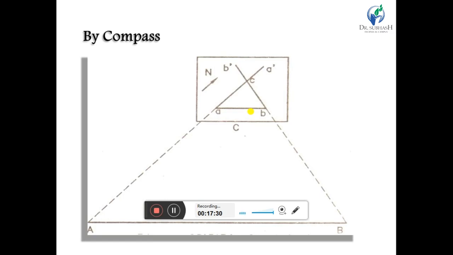First, we have to loosen our clamp screw so the plane table can revolve about its vertical axis. Now, in the sheet, you can see that the north line is previously drawn.